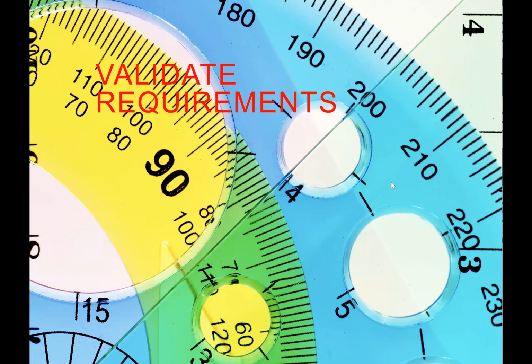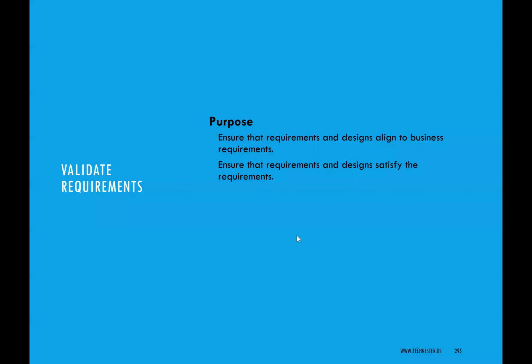So it's different from what we'll talk about next, which is validate requirement. In validate requirement, what you will do, which comes after verify requirement as far as IIBA is concerned, and for good reasons, is that validate requirement focuses on ensuring that that model or that design aligns with the business requirement. So that model that an expert has helped you look at to make sure that you have modeled correctly in terms of using the right symbols and notations,